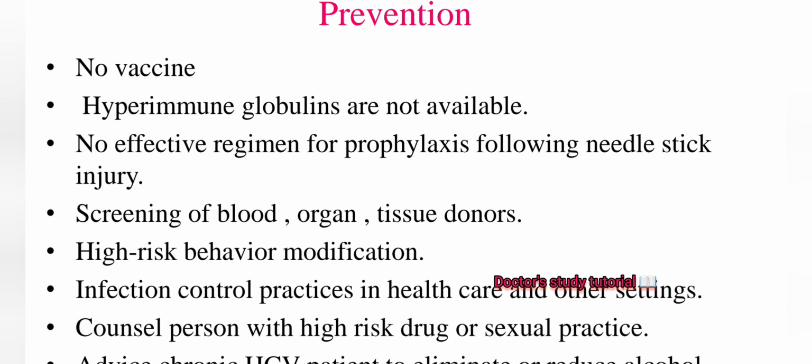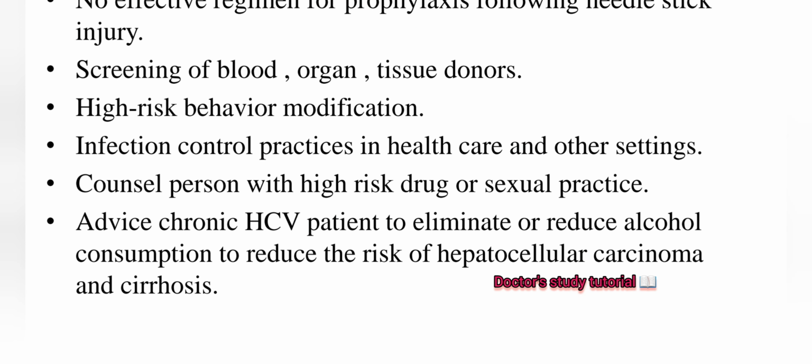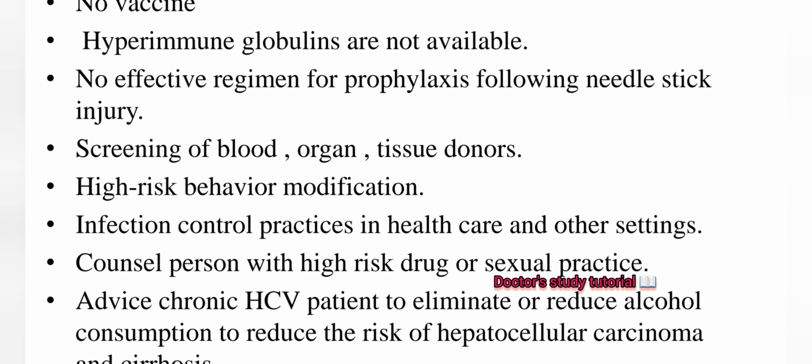At last, prevention. No vaccine, and hyperimmune globulin is not available. No effective regimen for prophylaxis following needle stick injury. Screening of blood, organ and tissue donors. High risk behavior modification. Infection control practice in healthcare and other settings. Counsel persons with high risk drug or sexual practices. Advise chronic hepatitis C virus patients to eliminate or reduce alcohol consumption to reduce the risk of hepatocellular carcinoma and cirrhosis. So this is all about hepatitis C